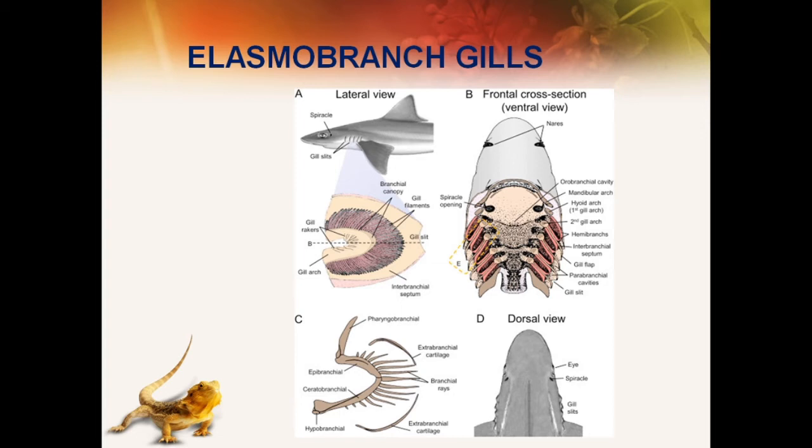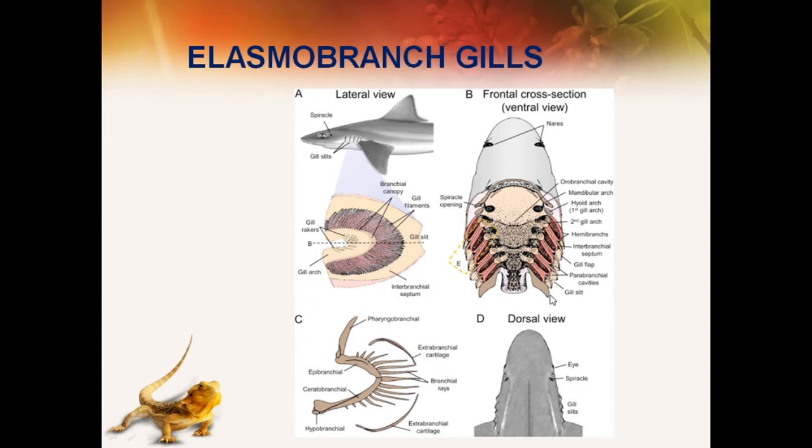Each gill pouch is comprised of anterior-posteriorly. Each opens into the pharynx by a large opening known as the internal branchial aperture. Here there is the internal branchial aperture which directly opens into the pharynx, and also opens outside by a narrow vertical opening known as the external branchial aperture, or it is also called the gill slit. You can see here the gill slits are present, which open outside.